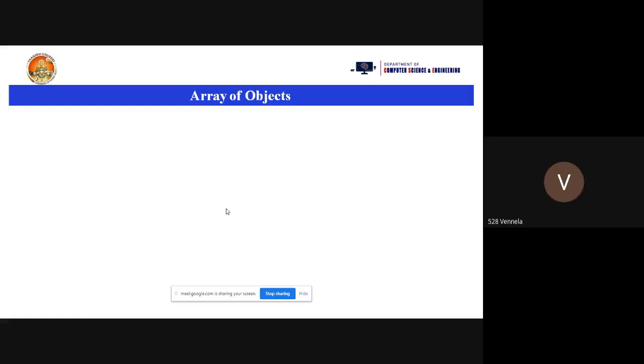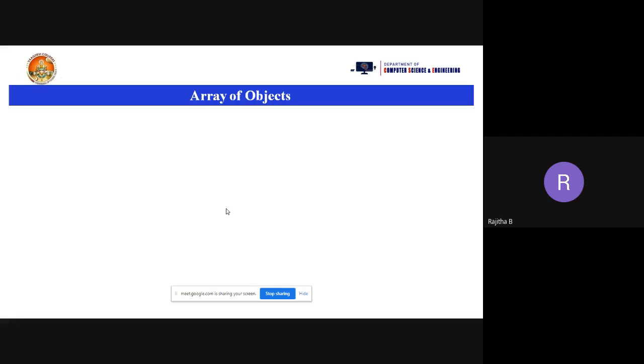Collection of elements. Yeah, okay. Collection of homogeneous elements. Yes, Sadvika, it is a collection of homogeneous elements. Homogeneous means similar type of elements. Okay, so you already learned what an array is in the C language itself.